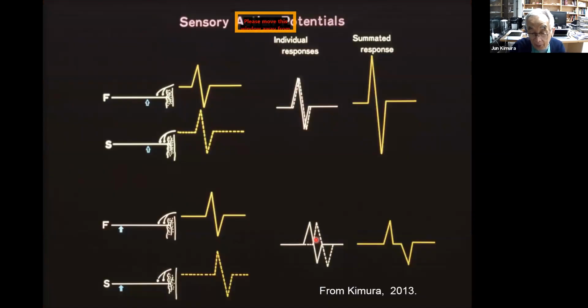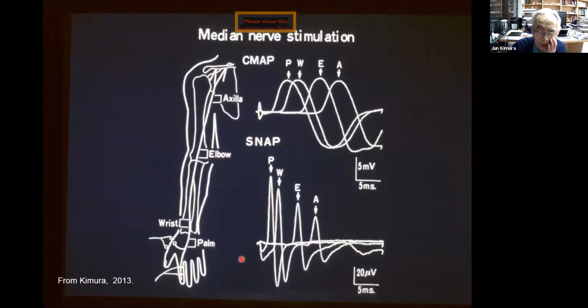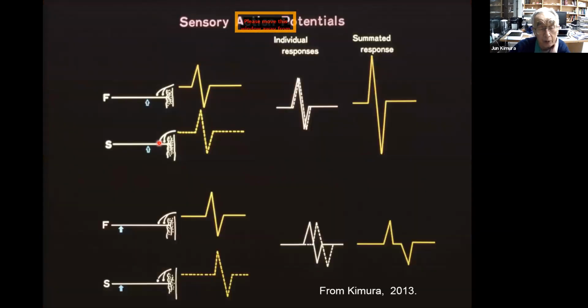Now, when you see this though, you should ask yourself, why is it that the muscle action potential does not show the decline like this, and the sensory action potential does show the linear decline? Well, it has to do with the duration of the unit potential. And let me tell you this because this is a very important concept. Now, let's take,